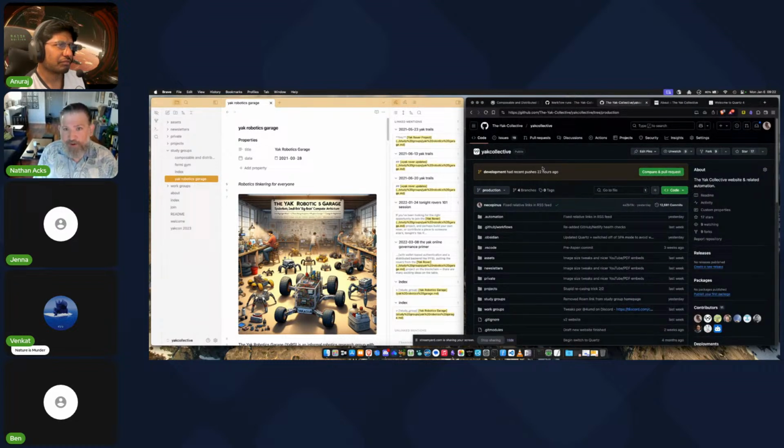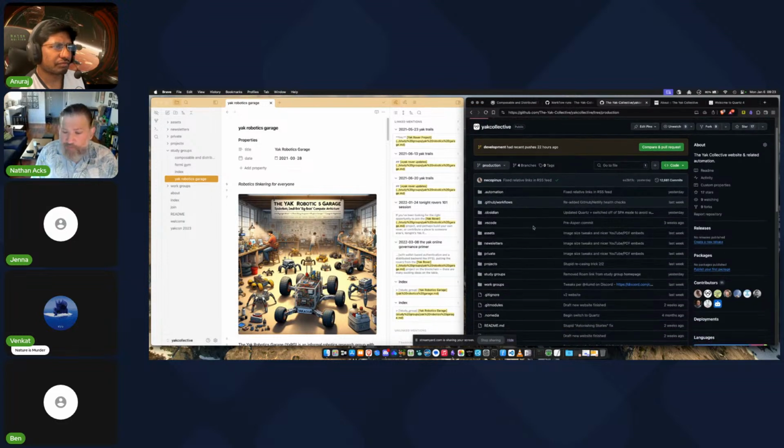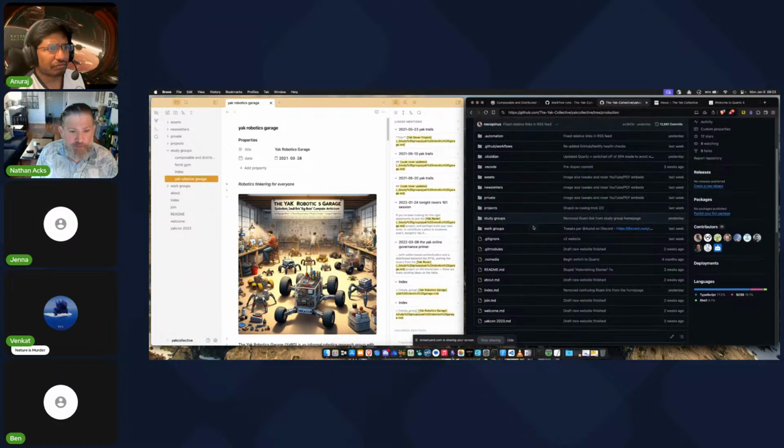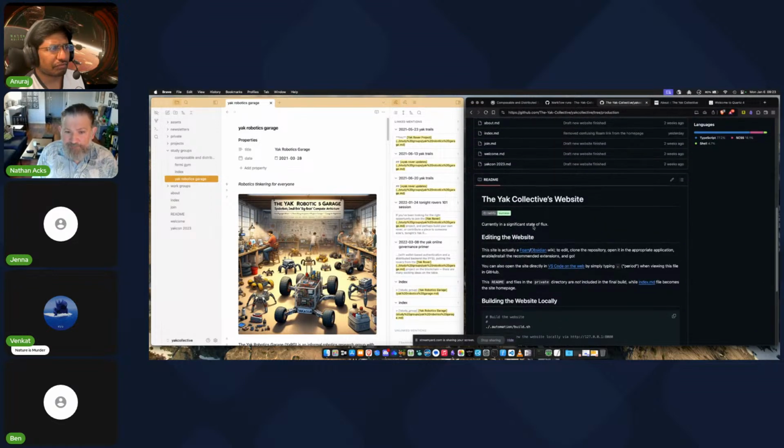This is public, so actually anybody could theoretically make edits. But really, what is going to happen if somebody makes an edit and doesn't have commit access is it will come in as a pull request. People who have edit access can make and commit edits directly.